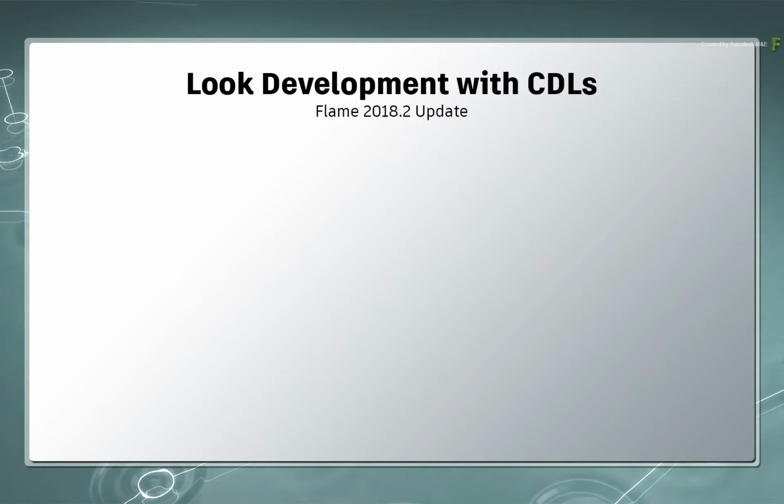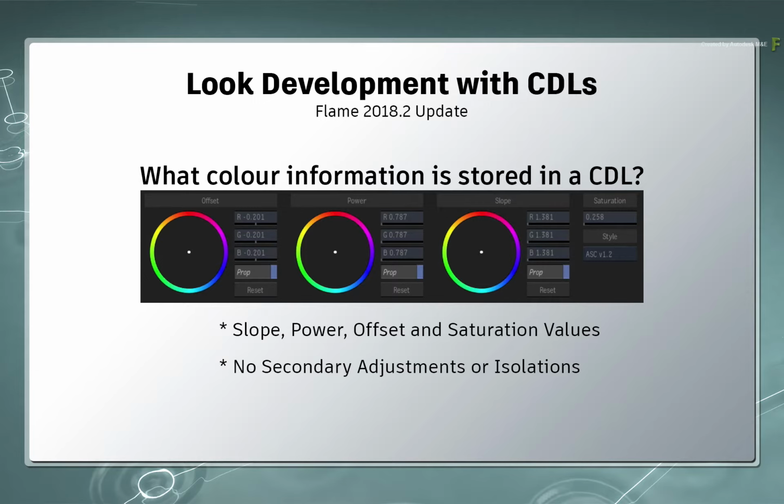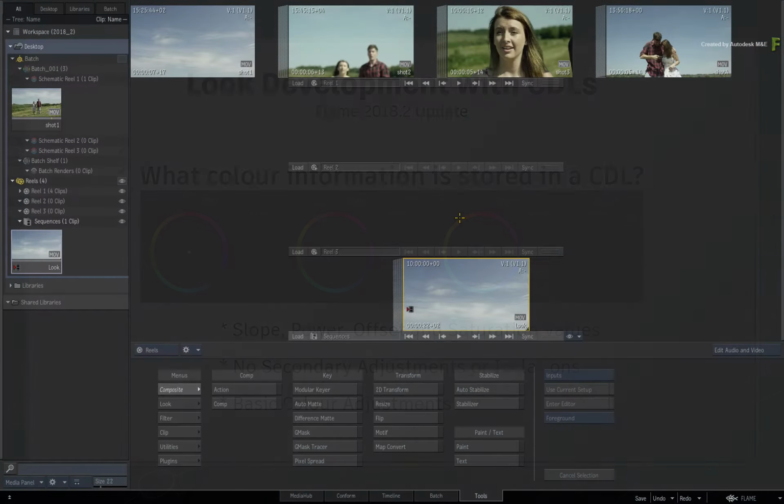Now the CDLs are quite basic, and this helps maintain the compatibility across a range of applications. For example, the CDLs can contain slope, power, and offset adjustments, as well as saturation. There are no secondaries, power windows, or selectives for advanced grading. Just straightforward color adjustments. Now when it comes to the Flame 2018.2 update, there are multiple workflows to apply CDLs